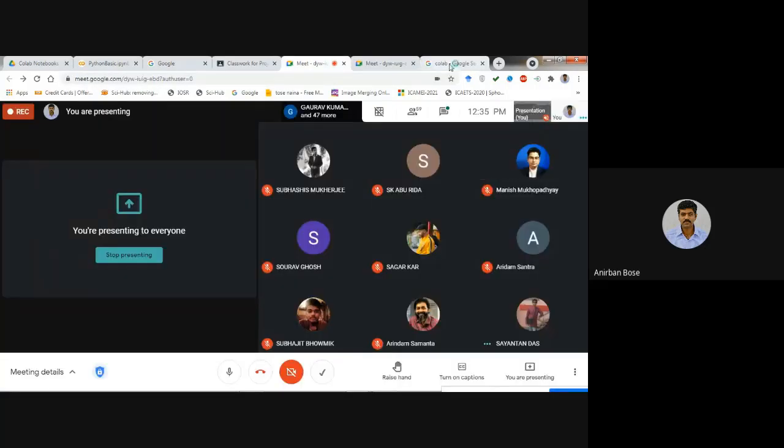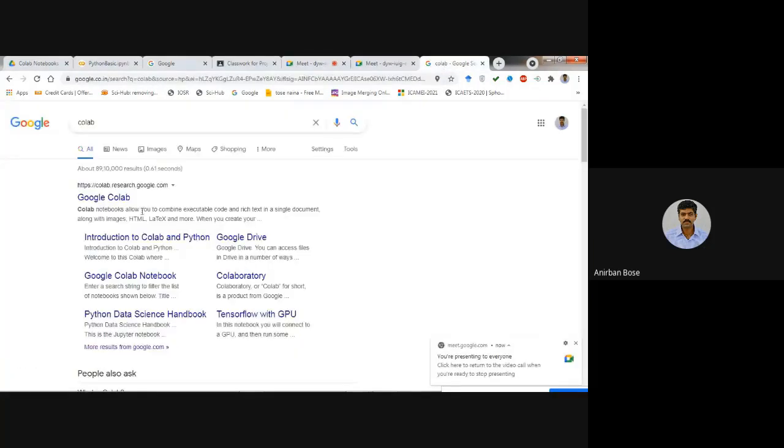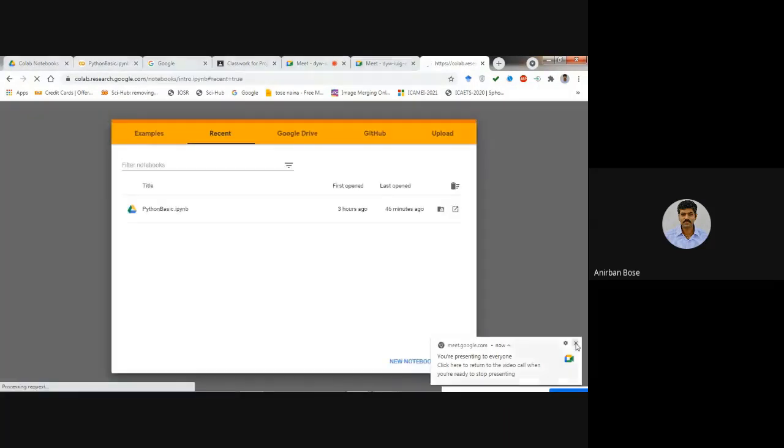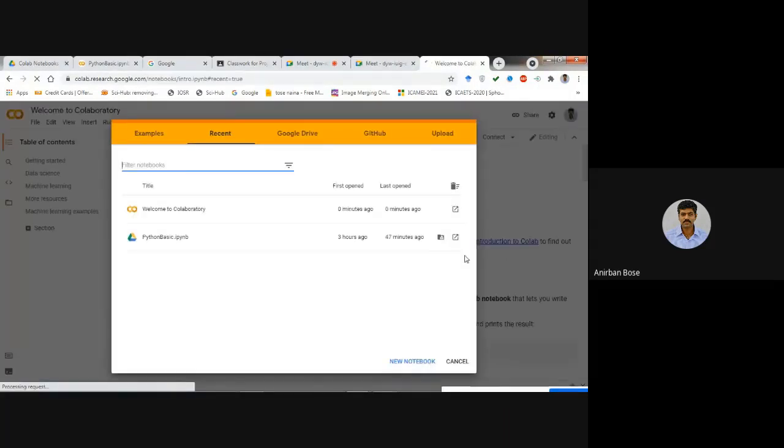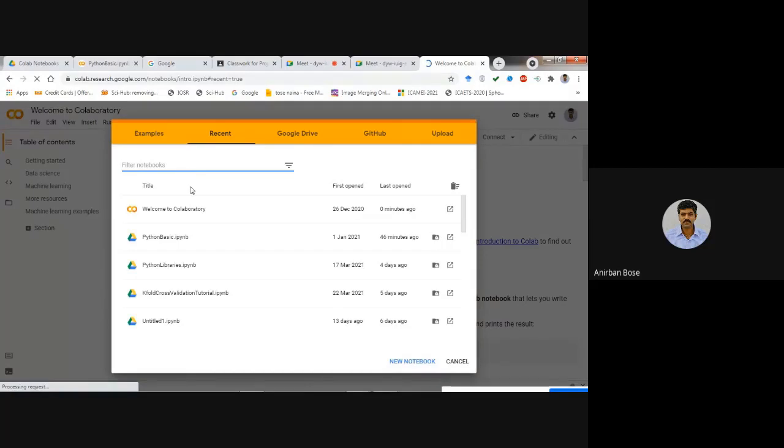Alternatively, go to any browser and write Colab. You will find that the first option that comes is Google Colab. Click on it. Then you will find one option written New Notebook, or it may ask you to sign in to your account.